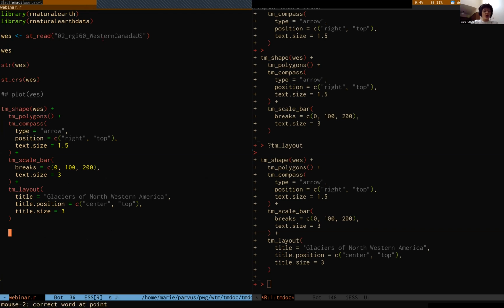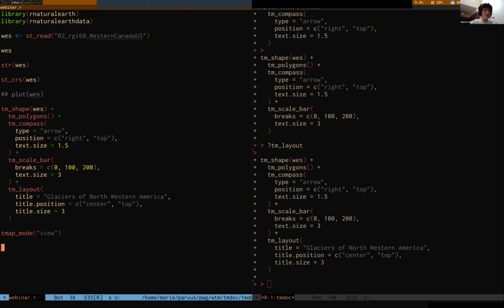But a very cool option is actually to use tmap itself. Tmap comes with two modes. There is the mode called plotting, and that's what we've been using so far. And there is the mode called view. And you can switch from one mode to the other by running tmap_mode view or tmap_mode plotting, but